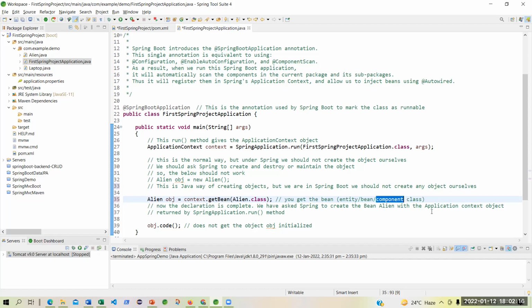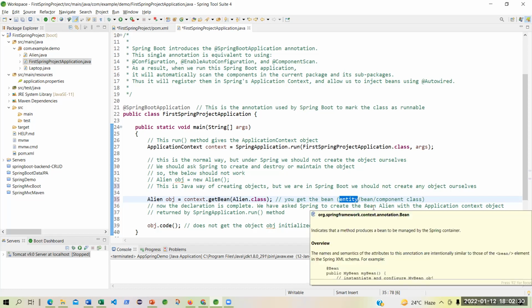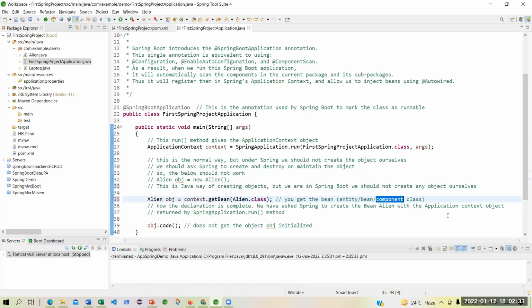We will do some annotation there as well, such that this object, which is an encapsulated object, encapsulation done on this object. Now this object is an object, but now it is converted to a component by the component annotation. We will see the alien. So alien is a component. It is no longer an object. After all, it is a class. So I'm using, from that context object, a function called getBean.